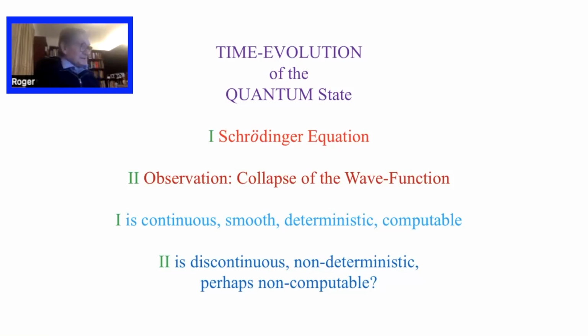But on the other hand, that's what we do when we try to make quantum mechanics concur with what actually happens in the world. The Schrödinger equation is a smooth deterministic equation, whereas the collapse of the wave function seems to happen suddenly. We don't really understand what's going on, but it's not deterministic as far as we can make out.